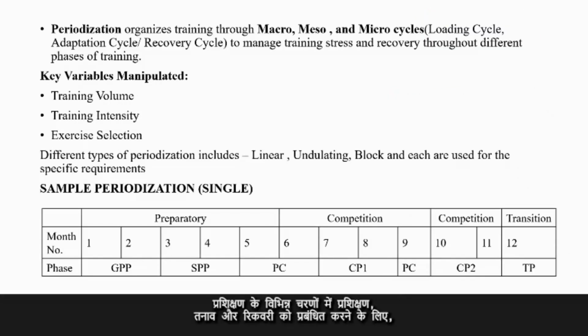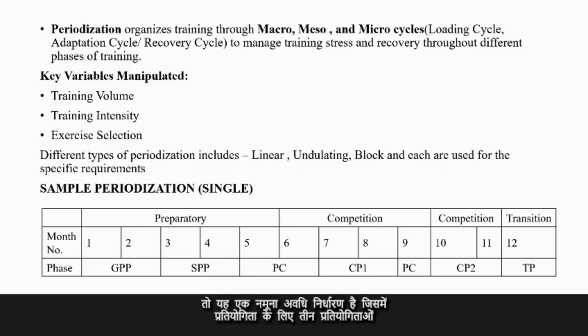Periodization organizes training through macro, meso, and micro cycles to manage training stress and recovery throughout different phases of training. So the variables which can be manipulated are the training volume, training intensity, and the exercise selection. There are different types of periodization like linear, undulating, and block, which can be implemented through different phases of the